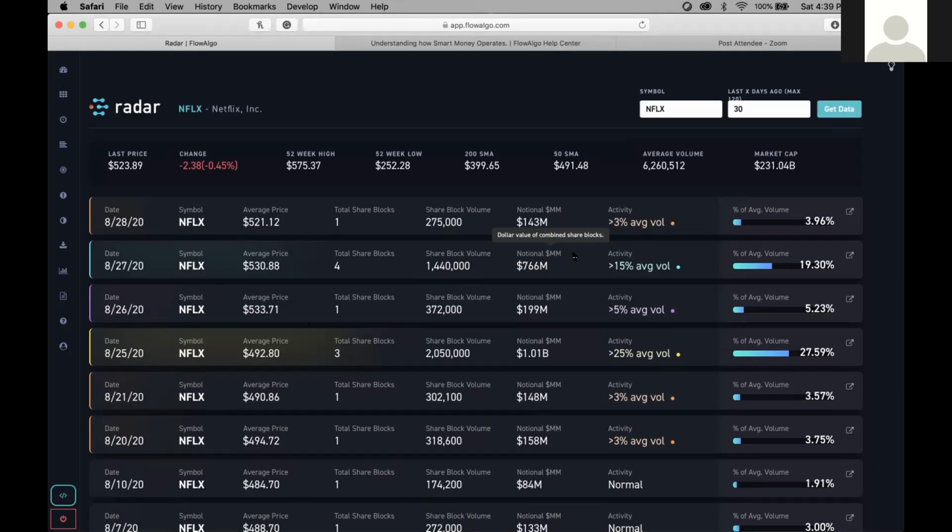Roku just tested its all-time high. NVIDIA is testing its all-time highs. Apple's testing its all-time high. All these tech stocks are testing their all-time highs, and Netflix is one of those that hasn't really done that yet. So I think that's also why this rally is being fueled, because there's subscriber news coming out and all that kind of stuff.